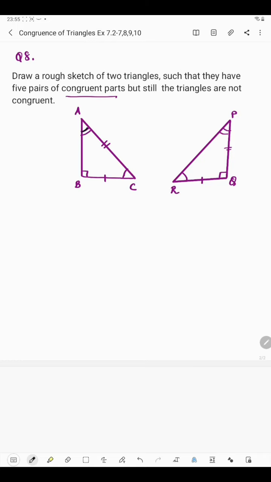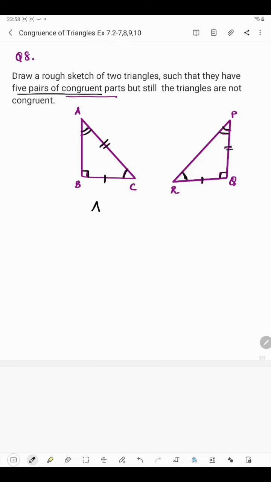So here A angle and P angle is equal, C angle and R angle is equal, B angle and Q angle is equal, and AC side and PQ side is equal, and BC side and RQ side is equal. So we have drawn 5 pairs of congruent parts. Okay, but still these triangles are not congruent. Why? Because